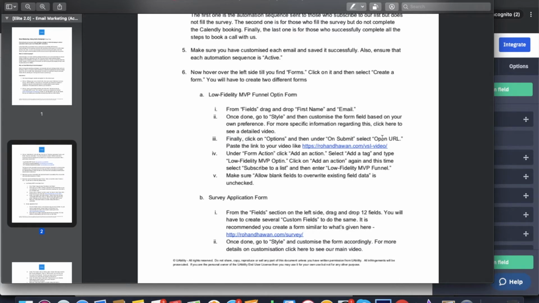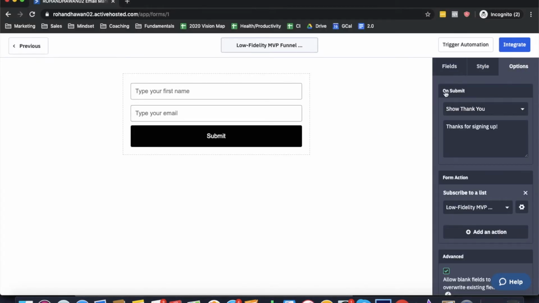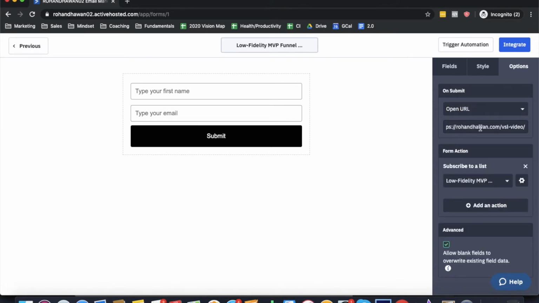And then click on submit and then select open URL and then paste the link to your video. So what we'll do is click on options and on submit, we'll click on open URL, paste this link to our video. Again, you have to paste the link to your video where you want people to go to, and then form action,